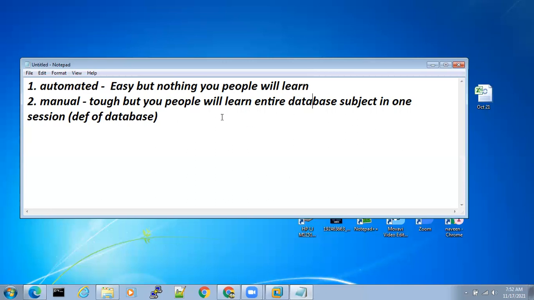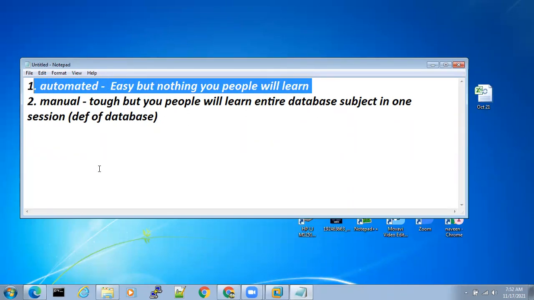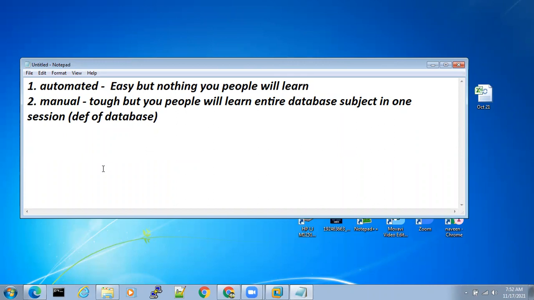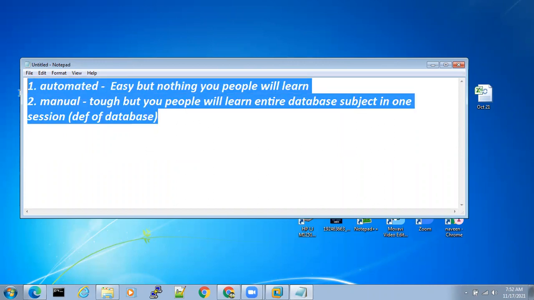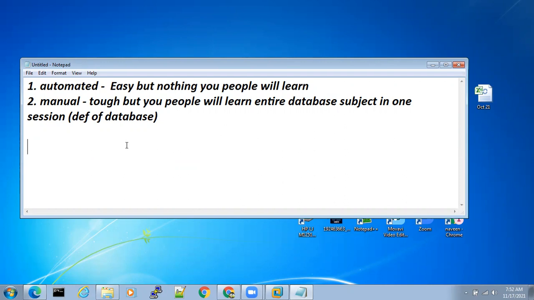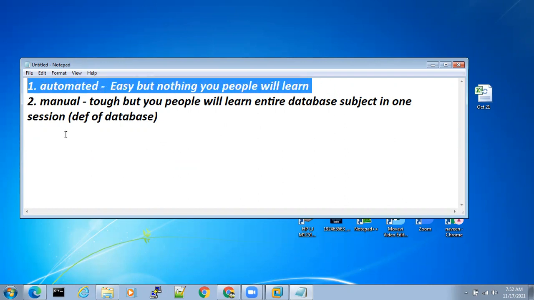If I explain both the second method and the first method, then at the time of practicing, you people will choose the first method, because we are lazy people, right? So obviously you will not go with the manual method. You will just go with the next method. So I will not teach this right now.